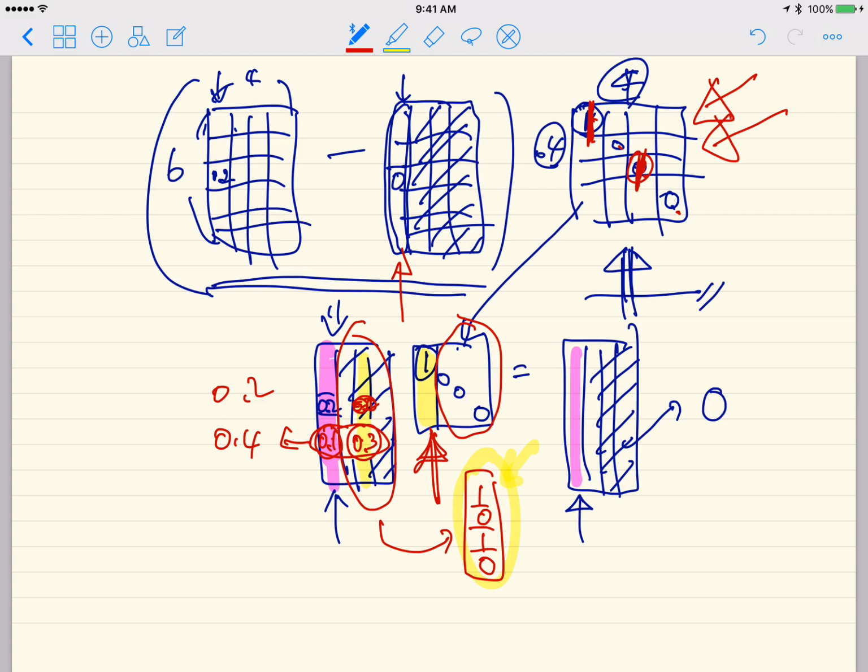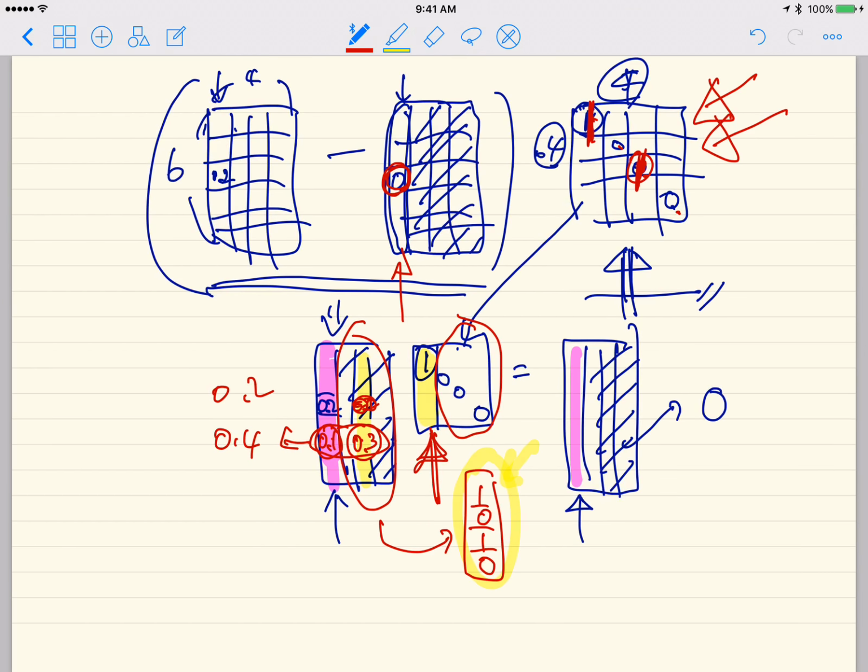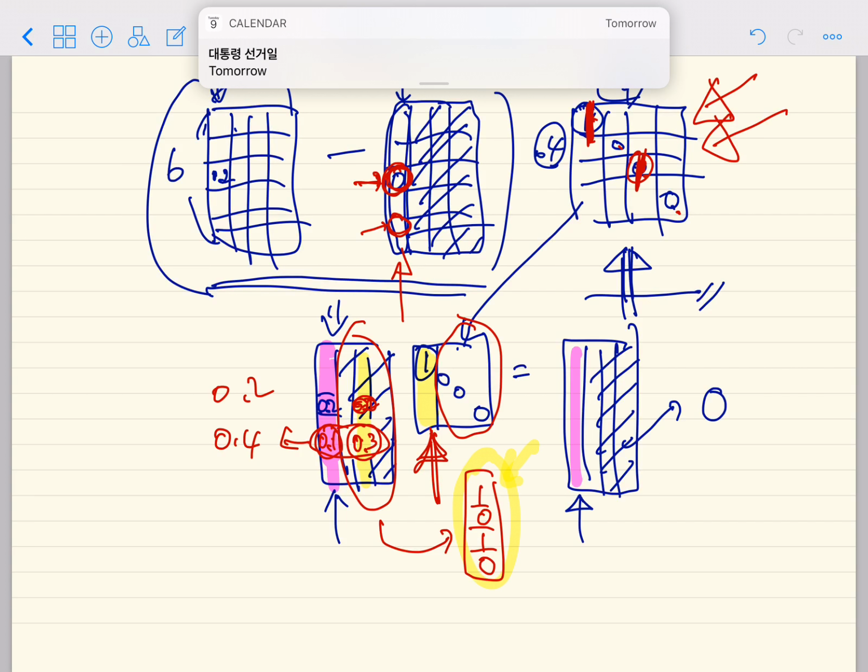Suppose you want to directly supervise this value, because this was the keyword about the baseball. So we set this value as 1. But what about this value? You want to supervise this as 0, but